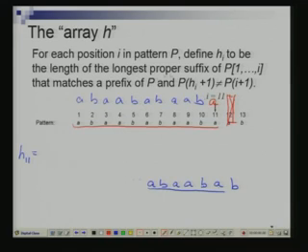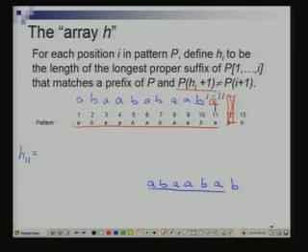right. So I have to find out the length of the longest suffix of P1 through Pi that matches a prefix of P, which is exactly this. This is the one we showed here, right. देखिए क्यों? Why should a suffix match a prefix of P? Because when we shift it, it's the prefix of P which comes towards the suffix, right. And I have to find the longest match, because that determines कि कितना मैं shift कर सकता हूँ without leaving out, without missing out on a possible match somewhere.